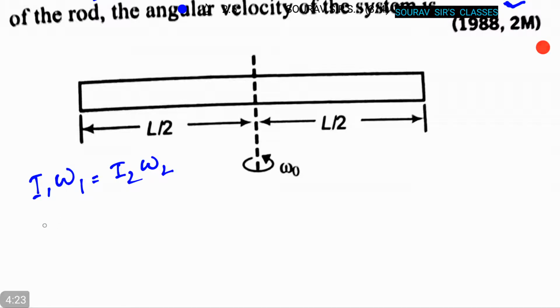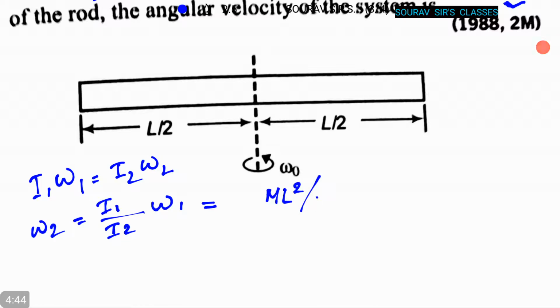From this we can rewrite it as omega 2, that we have to find, is equal to I1 by I2 into omega 1, that is equal to,